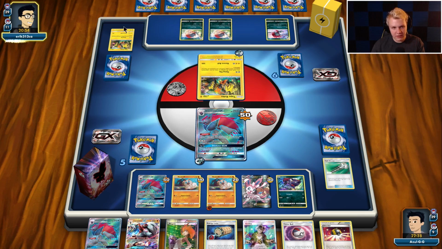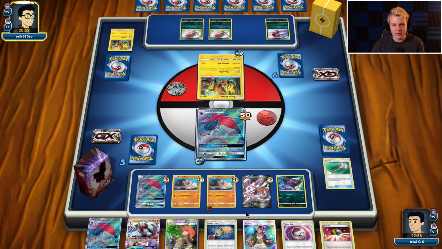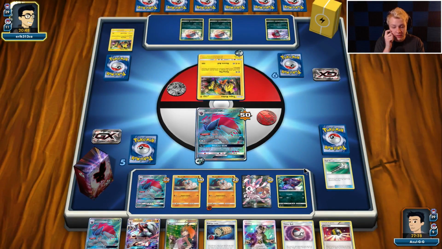Now he's going to get a full spread off. He probably plays the Lele that moves the damage around. I'm not too worried about that yet, but I'll have to become worried about that soon. I don't even know what I'm going to trade next turn. Probably like